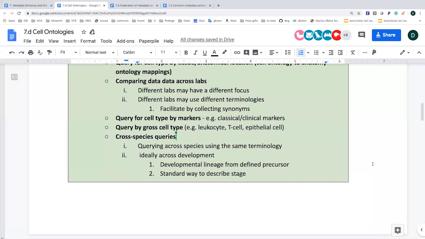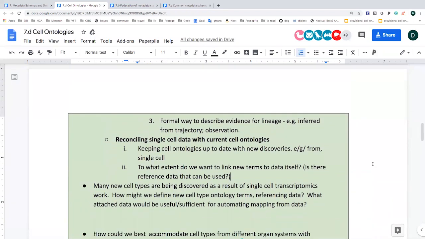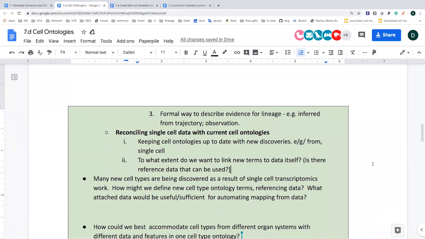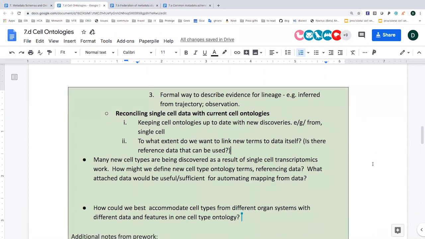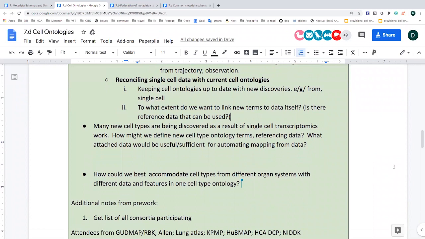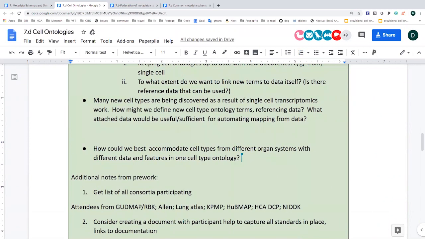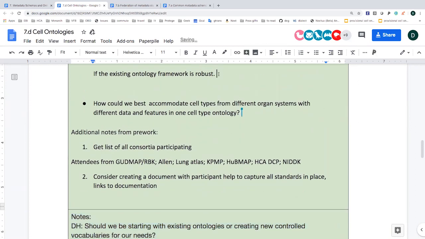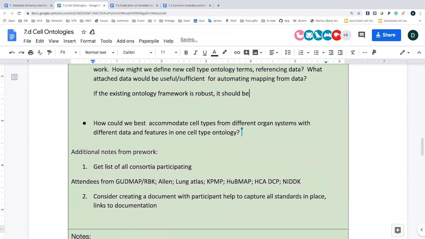Yeah, and so the expectation is that if the original framework is robust, then as you identify new cell types, it should not be that difficult to layer that into a pre-existing ontology. Presuming that you've got epithelial cells, and then we can mark them off with epithelial cell type A, B, C, and D by various criteria. So that then leads to a discussion of developing perhaps a working group that would look at the current cell ontologies to determine whether or not that framework is going to be robust enough for what HubMap and